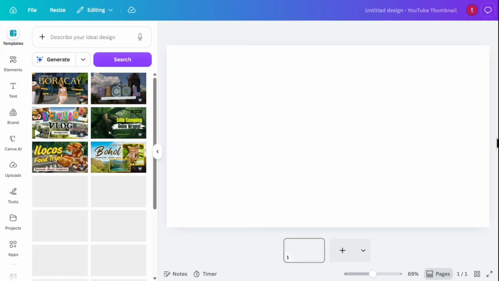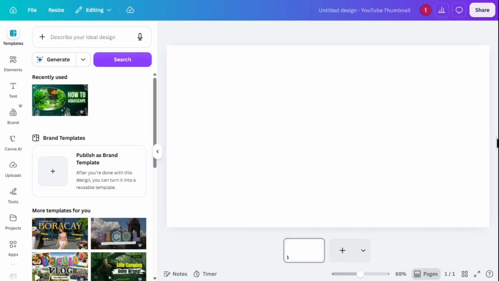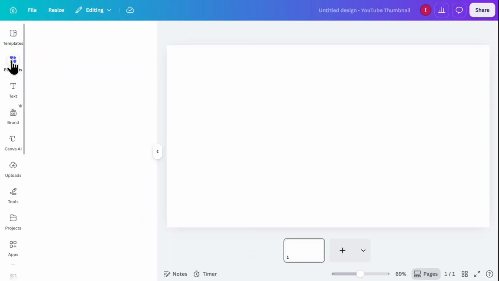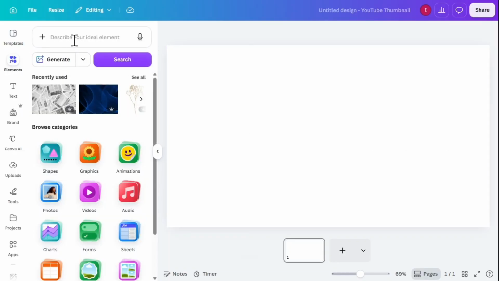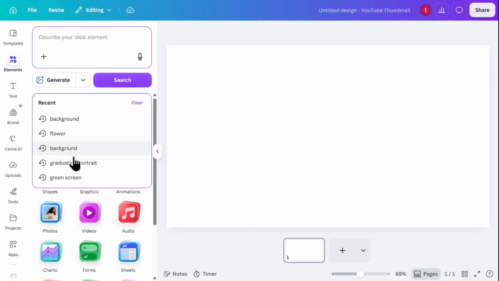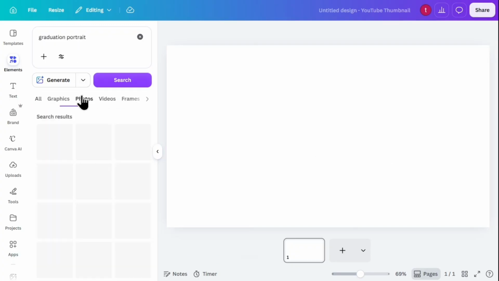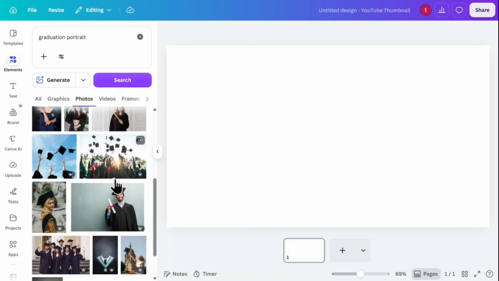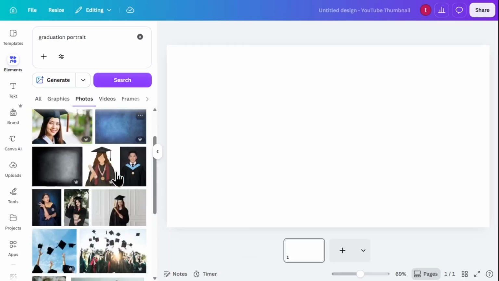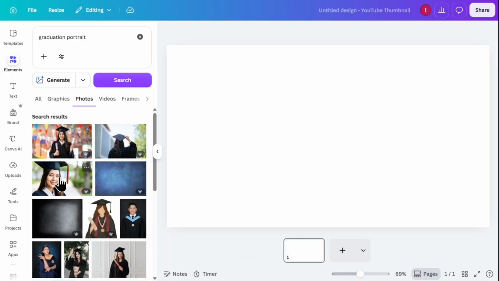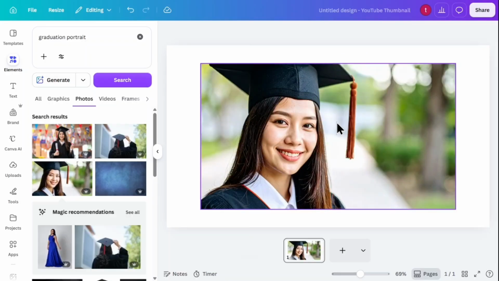canvas for our project. Once the blank canvas loads, I head over to the left-hand navigation panel and click on Elements. In the search bar at the top of the panel, I type in Graduation Portrait to find suitable photos for this demonstration. After pressing Enter, I click on the Photos tab to narrow down the results specifically to high-quality portrait photographs. I browse through the available options and select a photo of a smiling graduate wearing a cap and